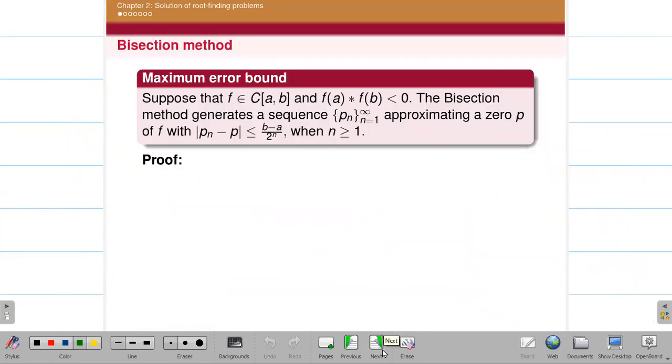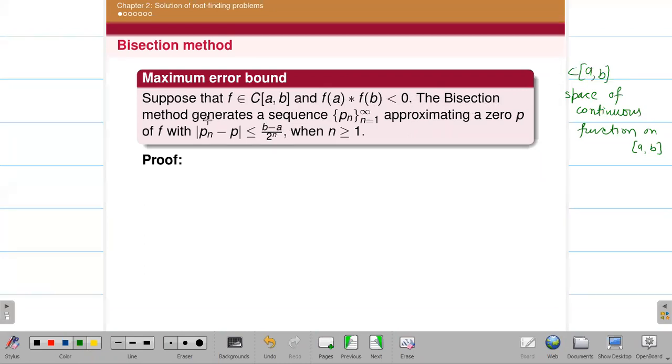Okay, ma'am. Yes. So now we have a function here, and we have taken the same condition that we took in the IVT, that the function is continuous. Actually, C[a,b] is nothing but the space of continuous functions, or you can say the set of continuous functions on [a,b]. So we are taking f from this space. So f is continuous on [a,b], and f of a times f of b is less than 0. So these are the two conditions of IVT.